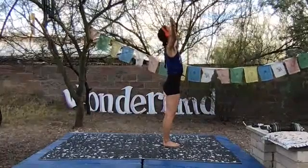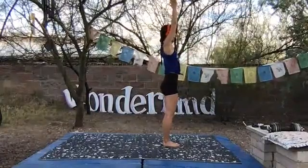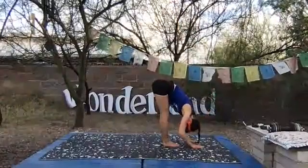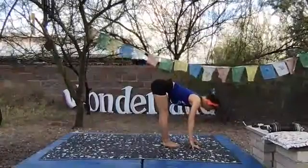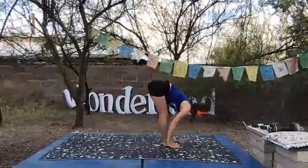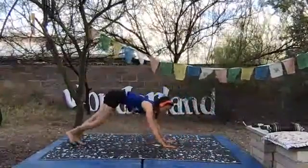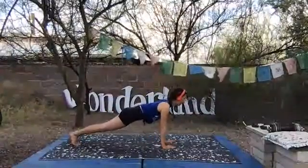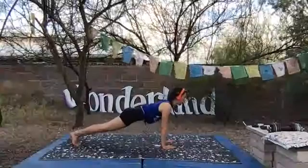Hands go high to the sky, inhale. Exhale, fold forward. Inhale, halfway lift. Bend knees, plant palms, step or hop to that plank pose. This is our third and final plank pose hold. Knees down or up. 10,